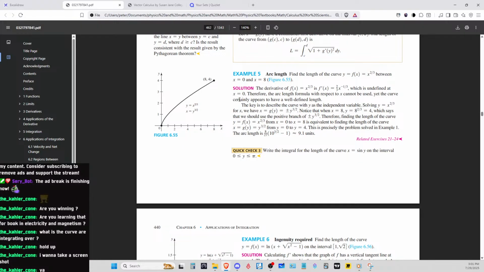They took the derivative first, and then what they did was they changed this up, and then they took the derivative of this. Right? Yeah, so it's y. Therefore, finding the length of the curve is